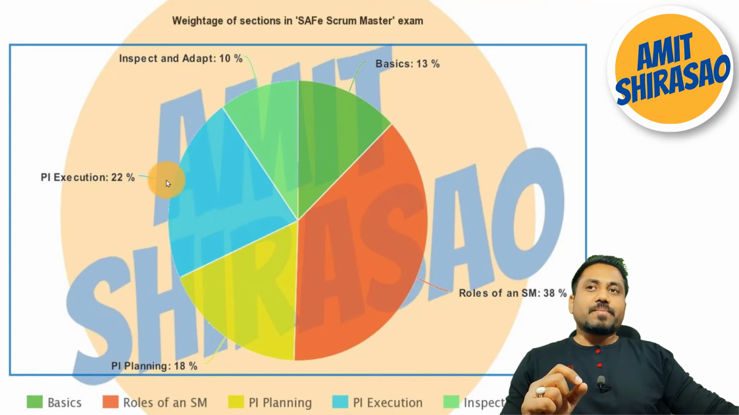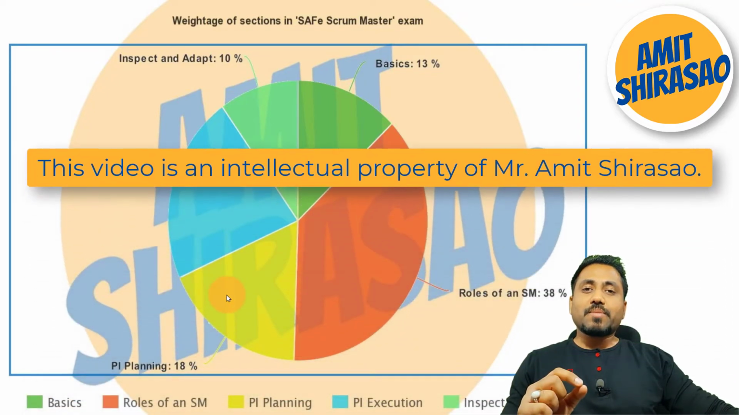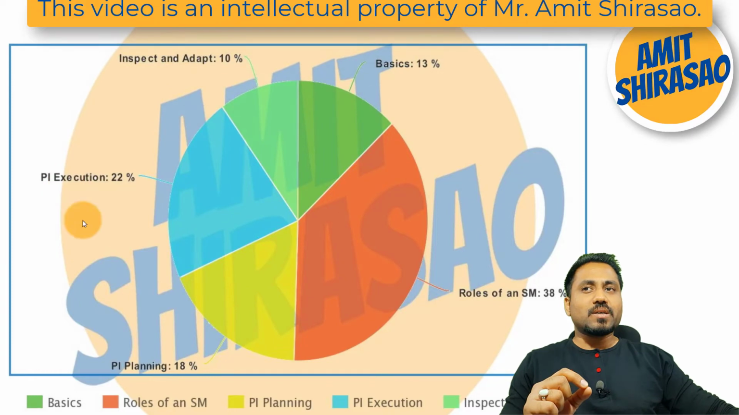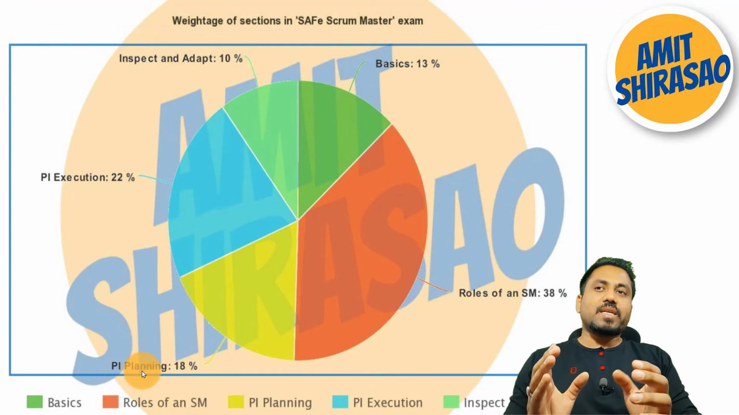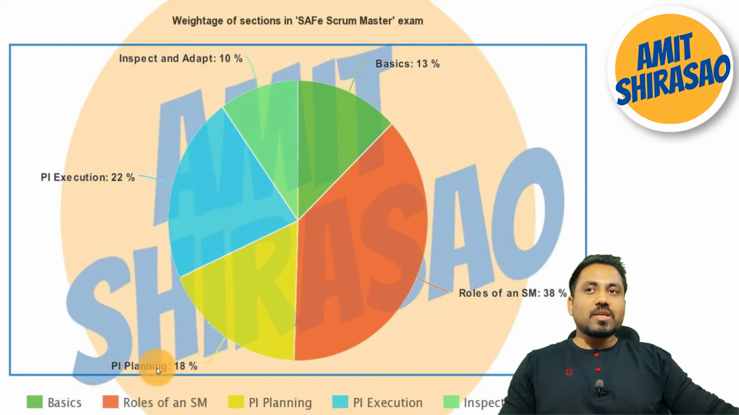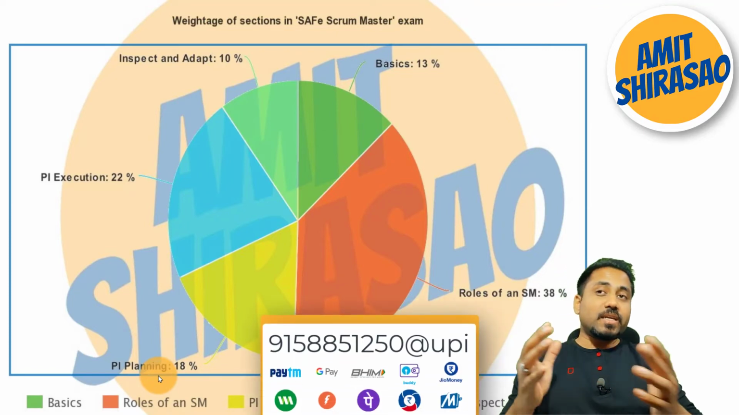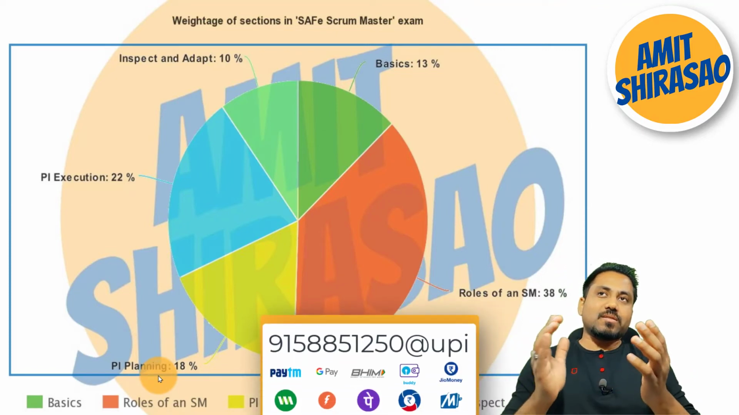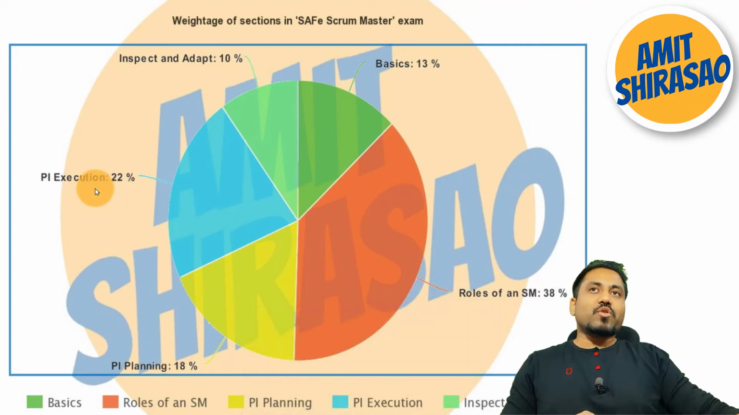Next thing I would say, PI execution or PI planning, both these things you just focus upon PI, because program increment planning is an activity that takes place over 2 days. So here 2 hours, here 2 days. So for just a 2 day activity, you get 18% of the questions. So I think this is the second most important thing that you should focus upon. The third most important thing that you should focus upon is PI execution. Why? Because